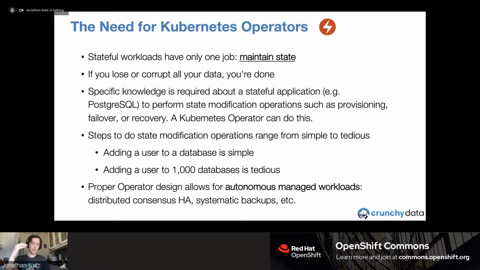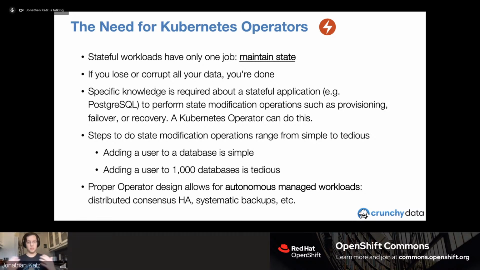Do I need to add more RAM? How does that affect my Postgres configuration? Or do I need to load balance things more? Is my workload really read heavy? How do I determine if it's read heavy? What are my scaling thresholds? We have the ability to start amassing that information and start building out systems like that. But that'll take some time. That said, with the way the operator pattern works, we're well on our way to getting to that point.